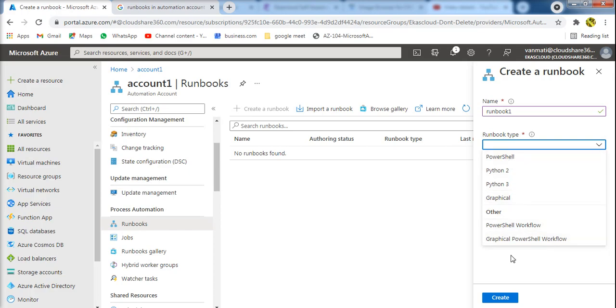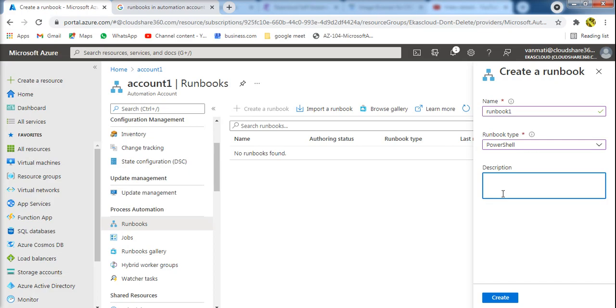If we use a PowerShell script, the runbook comes under the type PowerShell runbook. Whenever we use graphical scripts, the runbook type becomes graphical runbook. Now I'm selecting PowerShell, and you can add any description to your runbook.